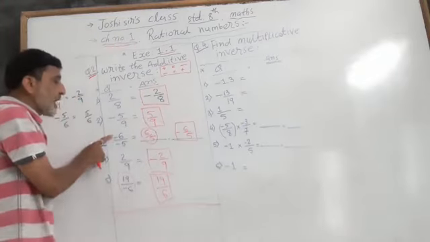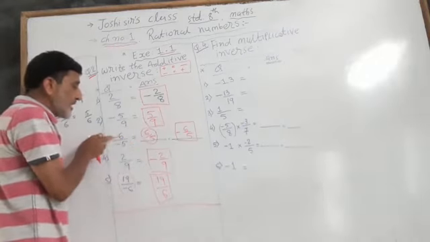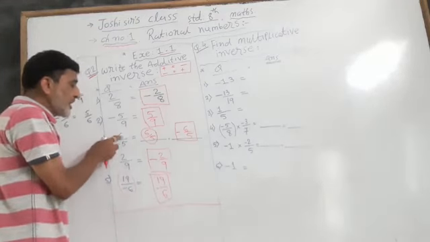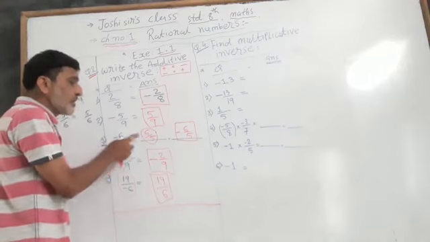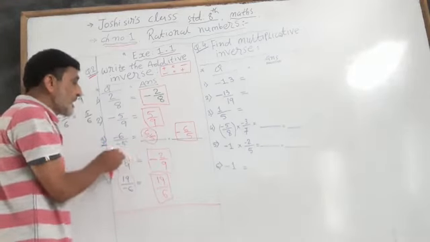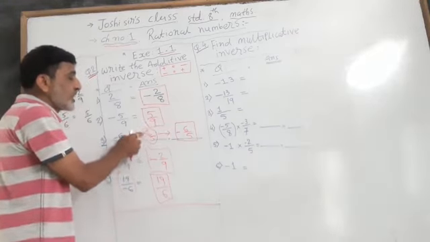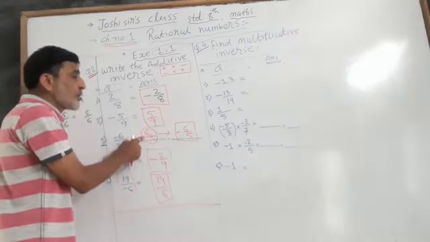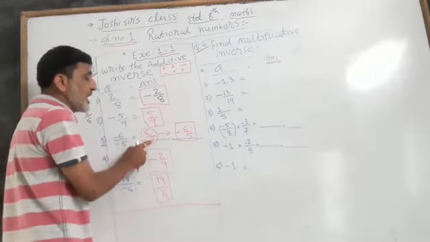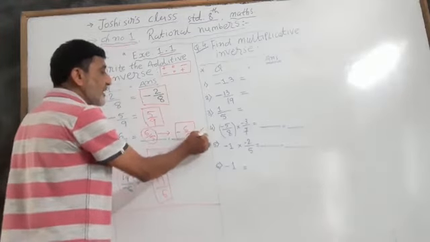Third one, minus 6 upon minus 5 equal to minus minus plus. We simplify this here. Minus 6 upon minus 5 means 6 upon 5, minus minus both are plus. Now we have to change this number. 6 upon 5 is plus, so it is changed into minus. So 6 upon 5 means minus 6 upon 5. This is the final and last answer.